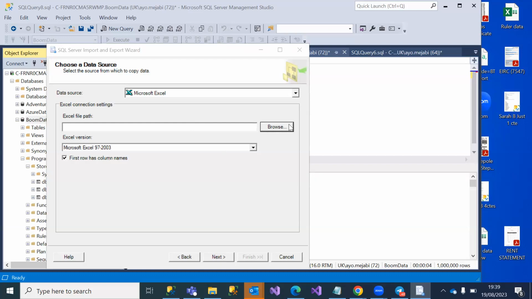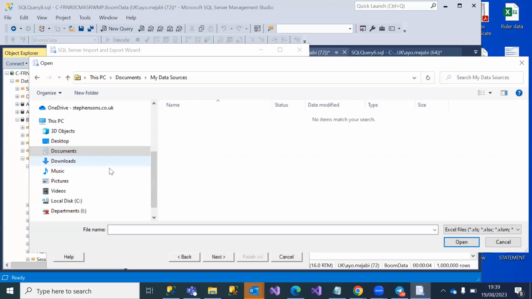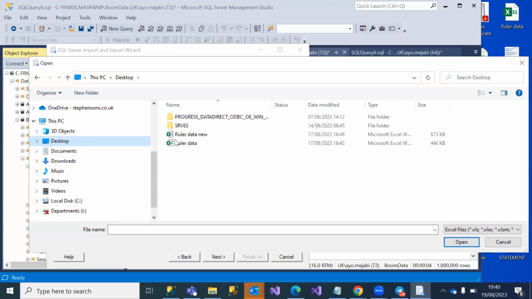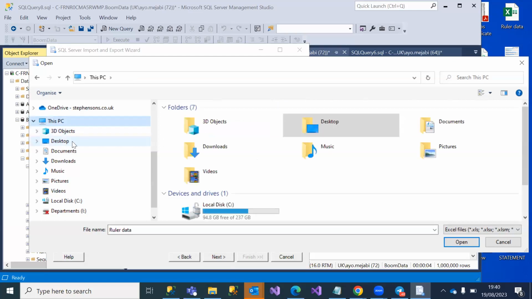Oh God, this is taking a bit of time. Okay, it's taking its time. So you go to the location, the file path where the file is located. Once you select it, the next page will be for destination. Where do you want it to go? Then you say, I want it to go to... Okay, one second, let me do this. You're clicking on the wrong place. Click open.